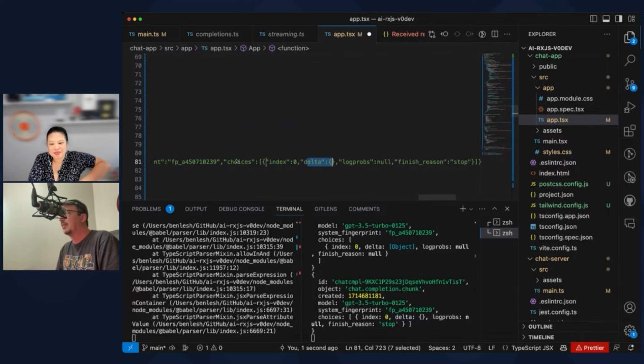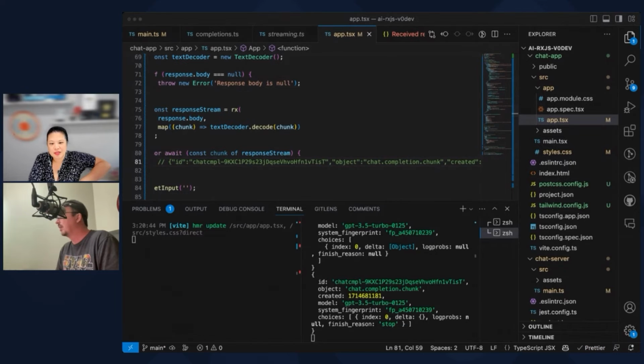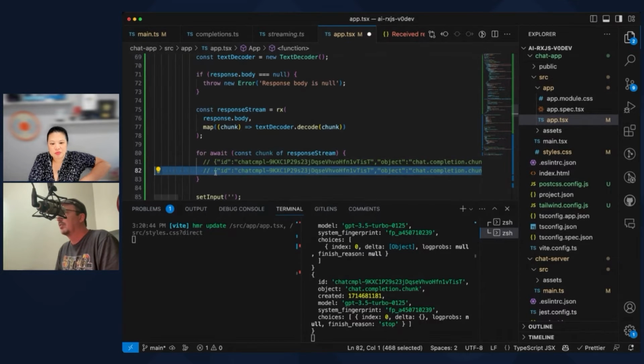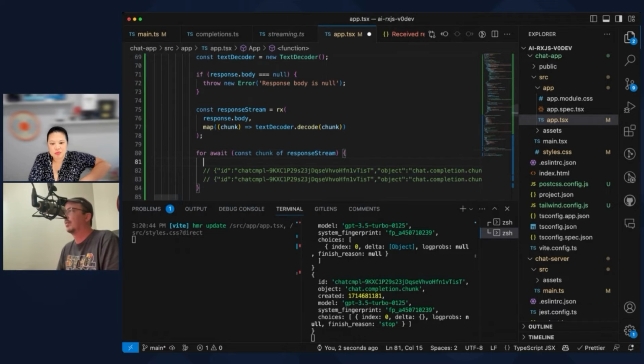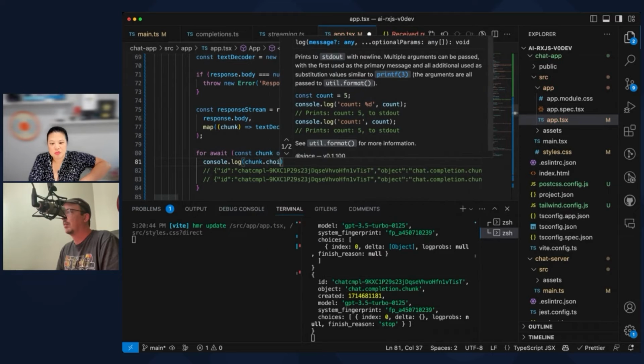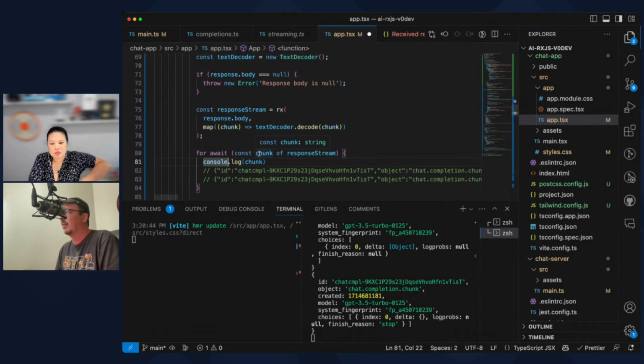Choices, there's a delta. It's a completion chunk. Delta. That's the last one. I want to know what the middle ones look like. The middle one looks like this. There's no finish reason. Content. All right. So choices. Chunk. Is this an array?